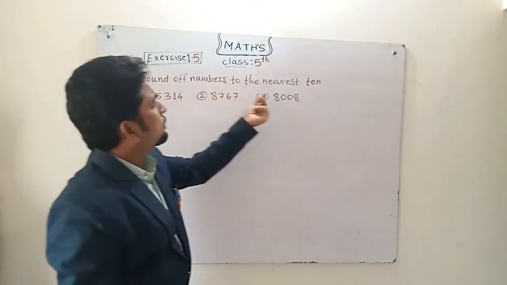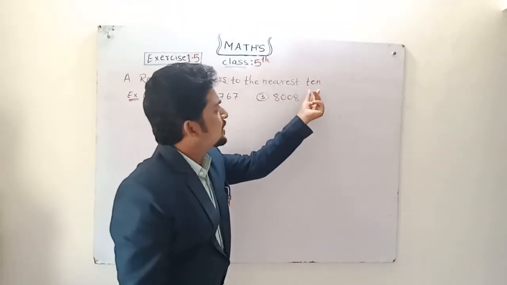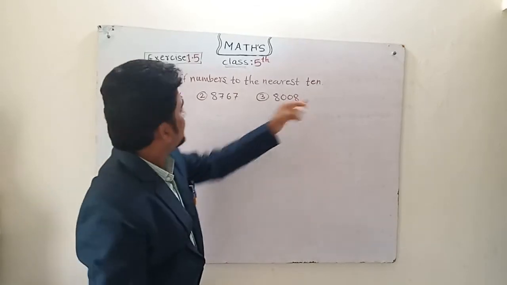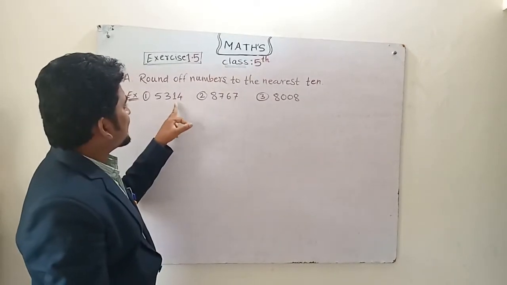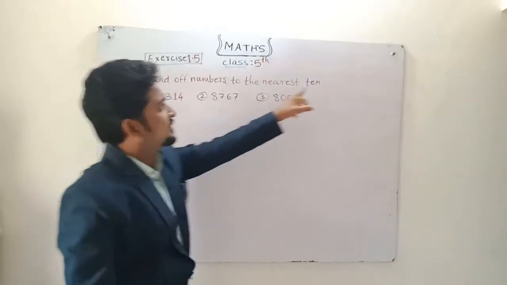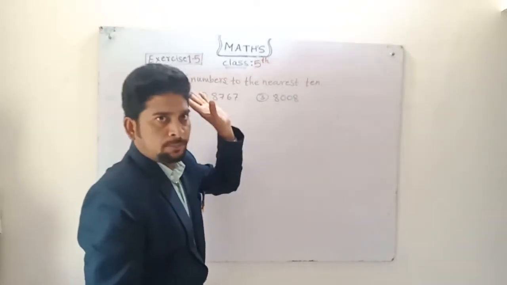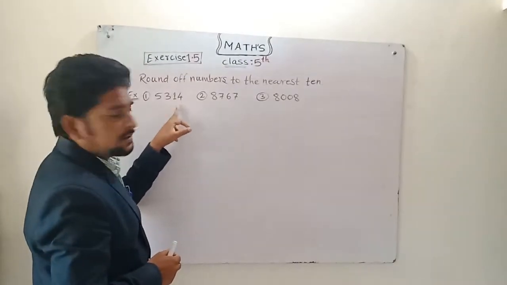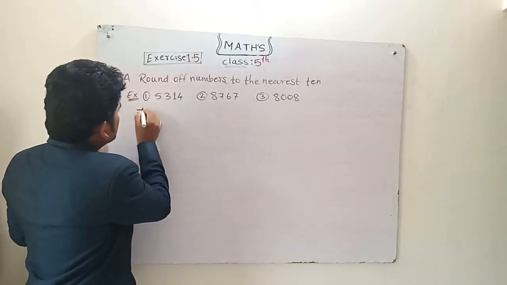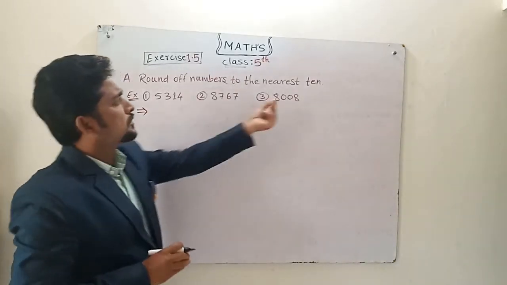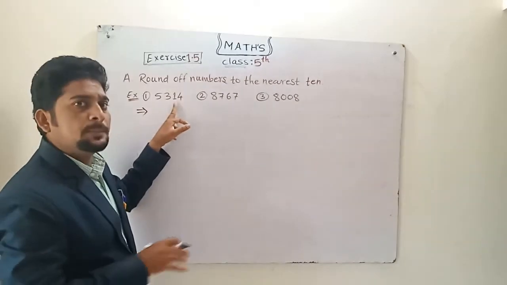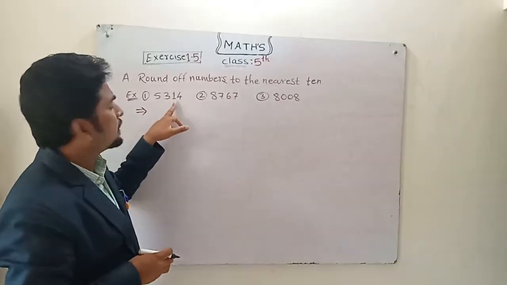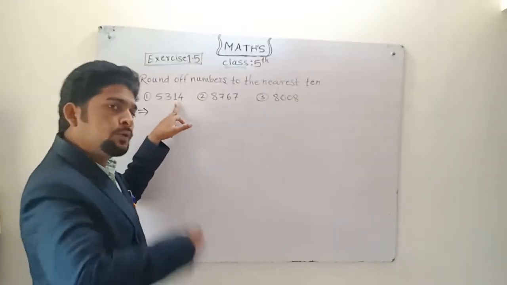So, round up the numbers to the nearest 10. Okay, nearest 10 they ask. So what do we have to do? We have to count the number first: ones and tens. Tens means we only have to round up the tens place, right? So ones, tens. What is at the tens place? 1. Okay. So in this, round up to the nearest 10. The tens place will be the same, otherwise it will change to another number. Means 1 will be 1, otherwise it will convert to 2.